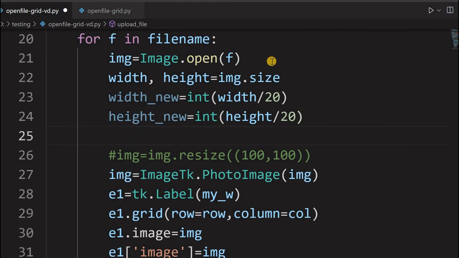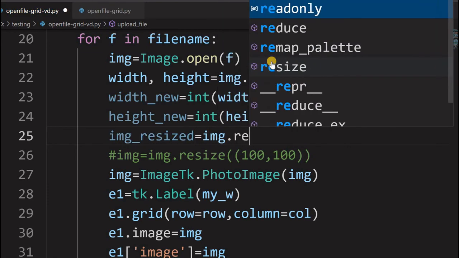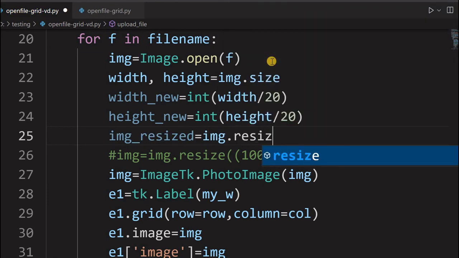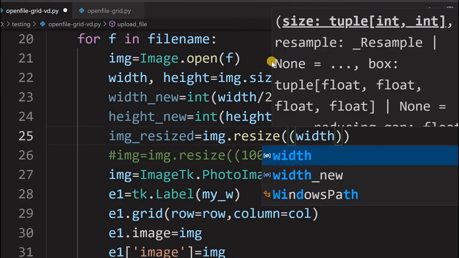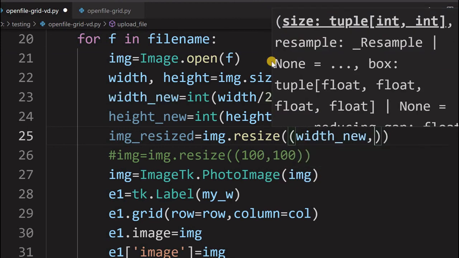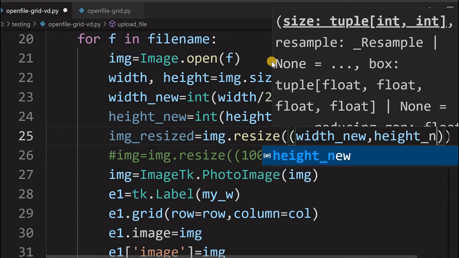Now I will resize it. So I will say img resized equal to img dot resize. Now the resize is not based on 100 by 100. First we'll take width new comma height new.